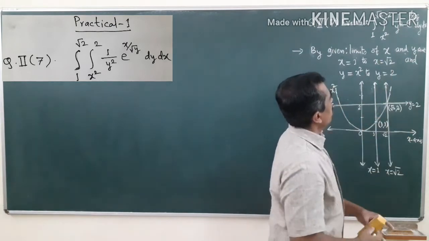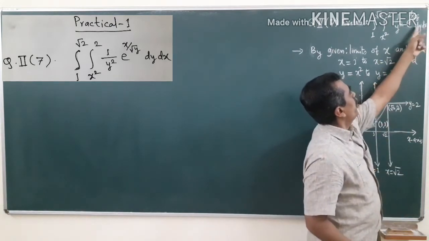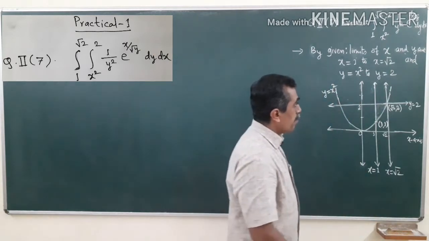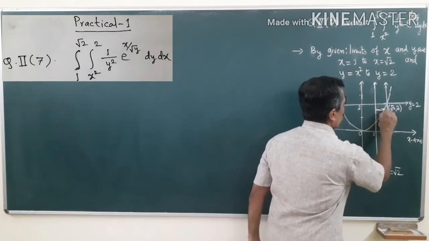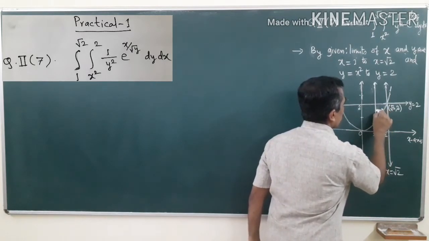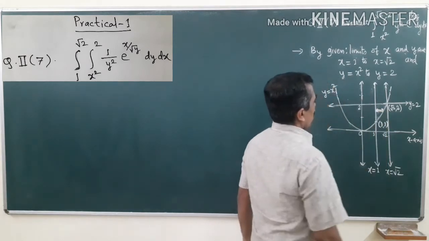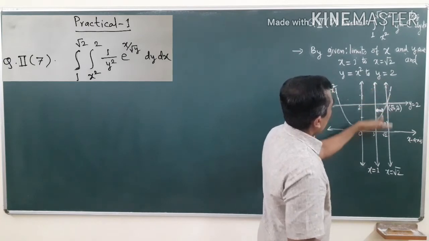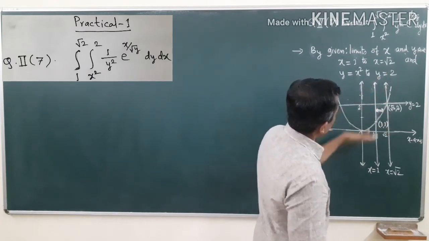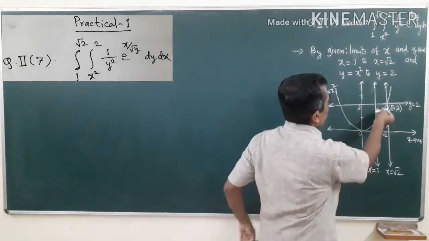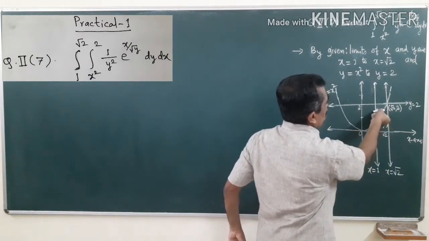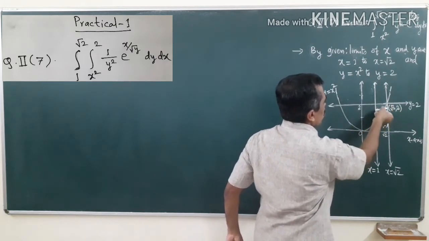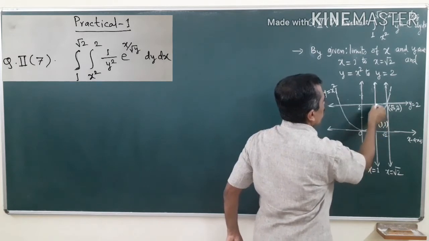Now, come to our business. We want to make it first with respect to x. So, to make it first with respect to x, take a strip parallel to the x axis. Take a strip in this region, and move that strip in this region along the y axis in this direction, so that it will cover this region. The strip will move from this point to this point.